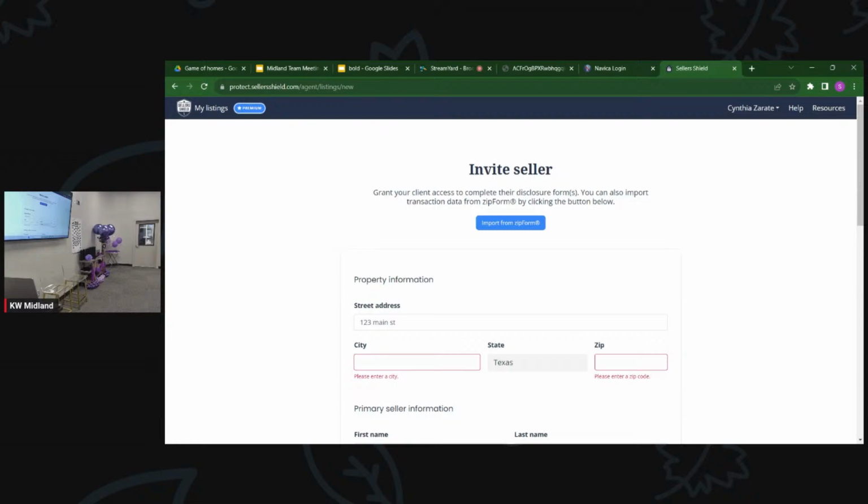So has anybody sold their home here, their personal home? Okay. Yeah, did you get one of those? No, I did it on paper. Okay, so it's a very lengthy process. It's like a survey, a whole survey. It's a ton of pages and it gets frustrating. So make sure that your seller understands it's going to take a while and it's not something you can just pull out of the car. It's better on a laptop. But anyway, once you do that and everybody signs it, you have your seller's disclosure. Make sure you say that.